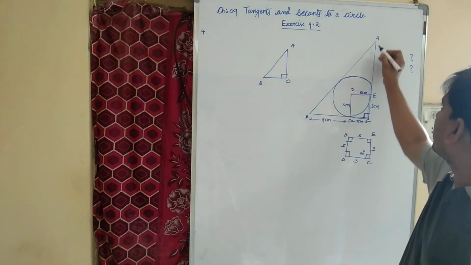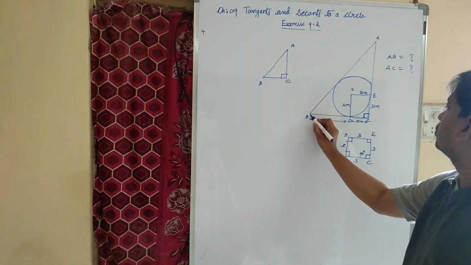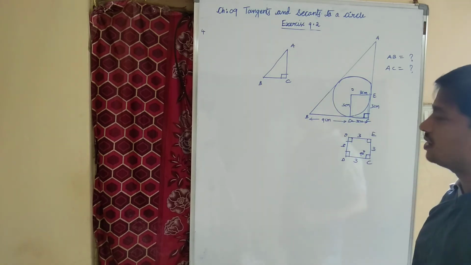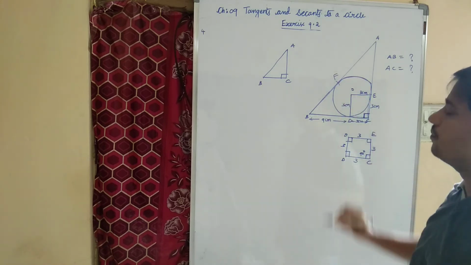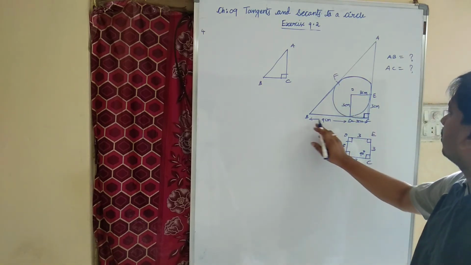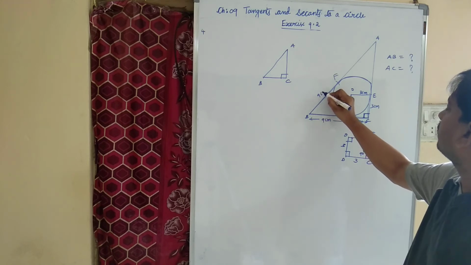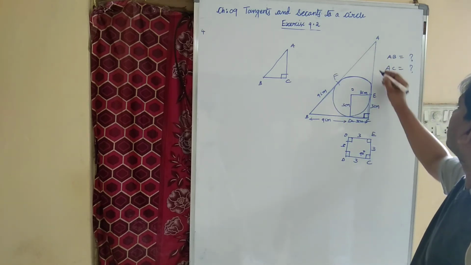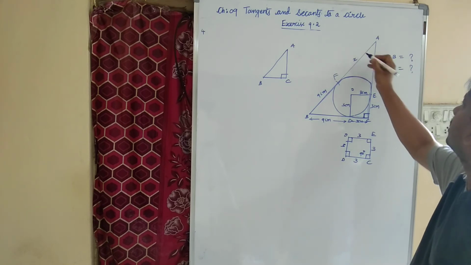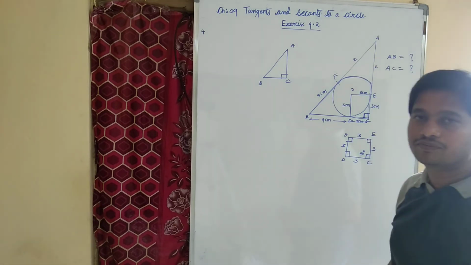Now, if you observe point B, an external point, the lengths of the tangents drawn from an external point to a circle are equal. If you consider this point F, then BD equals 9 cm, so BF is also 9 cm. Next, we don't know, so let the length of AE be x centimeters, then AF is also x centimeters, right?